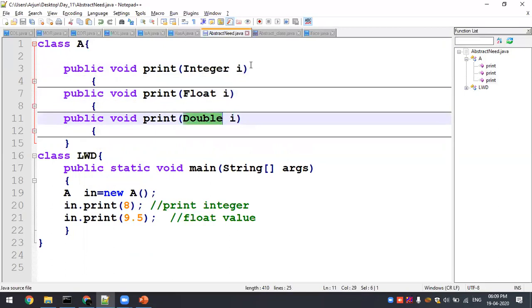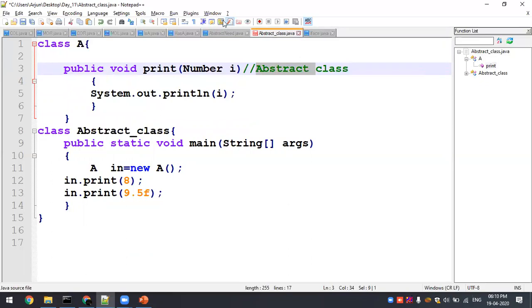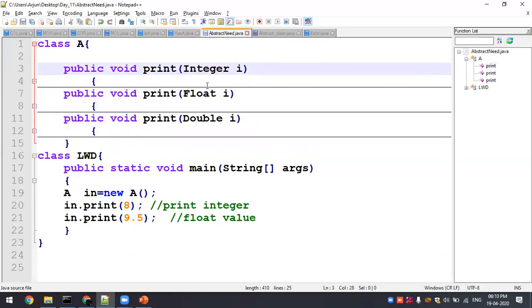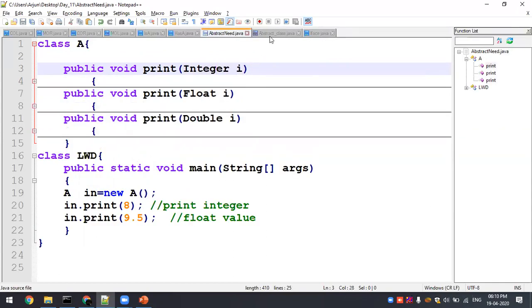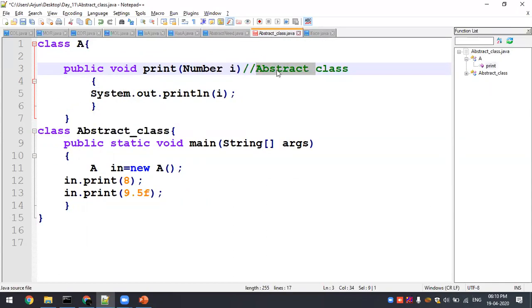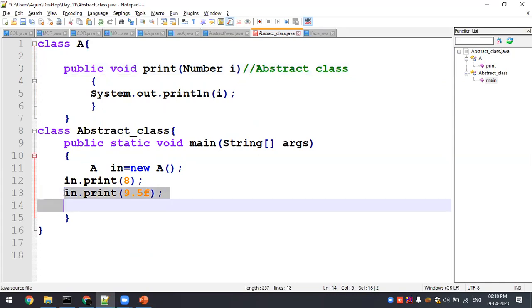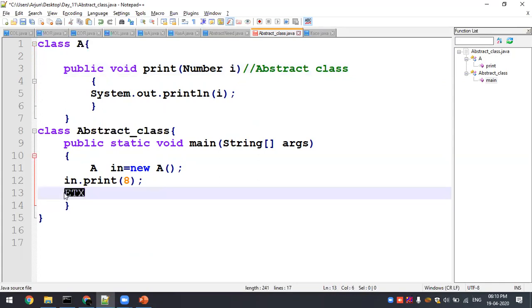If it is an integer, it comes under the category of Number. Float also comes under Number. Double also comes under Number. So I no need to specify each. Whatever number I call, with F or without F, I have only one definition, that is the Number definition.